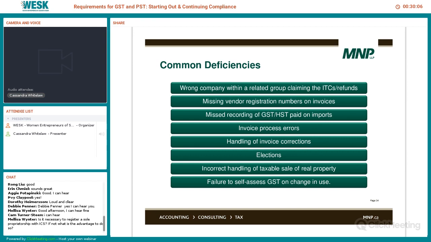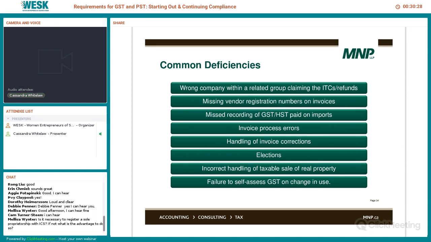I've just got a slide here with some common deficiencies that we see. Probably one of the biggest ones is the incorrect handling of taxable sales of real property. These rules can be very complex, and so we often see things getting missed or being done incorrectly. We've also seen in an associated group where the wrong company is trying to claim the input tax credit or